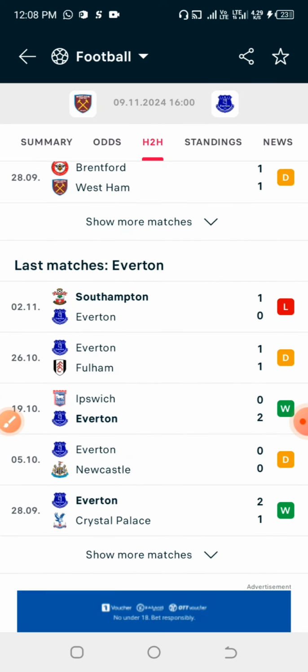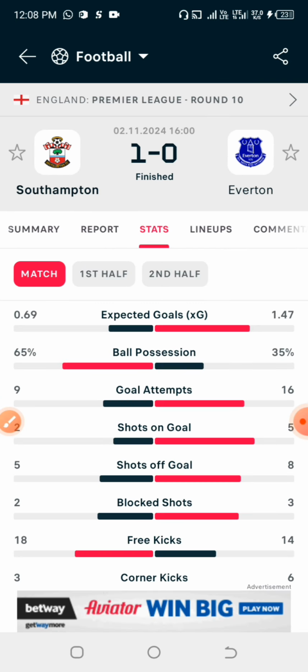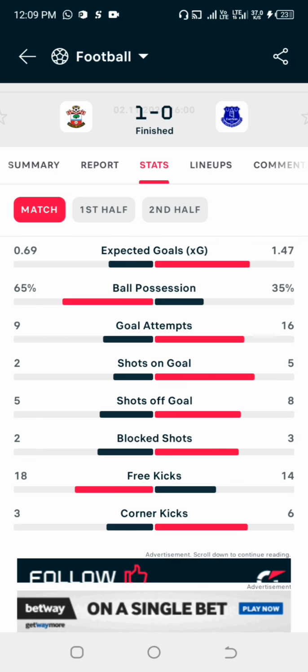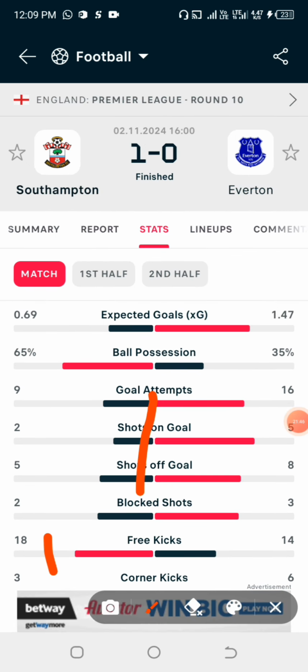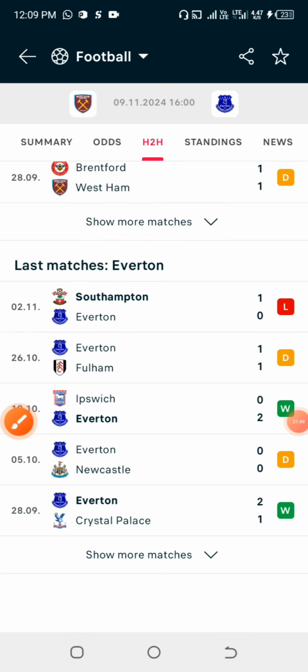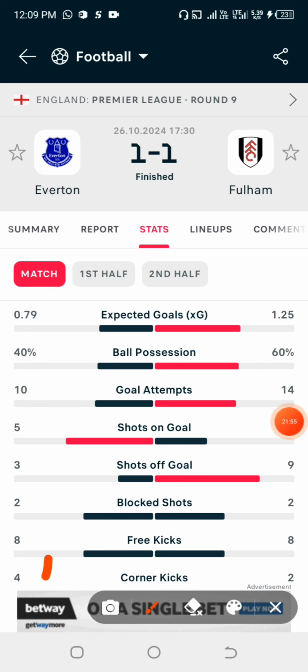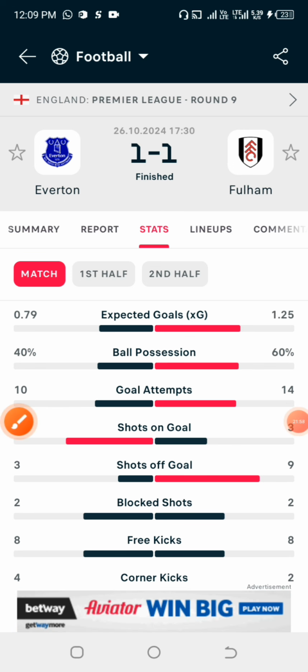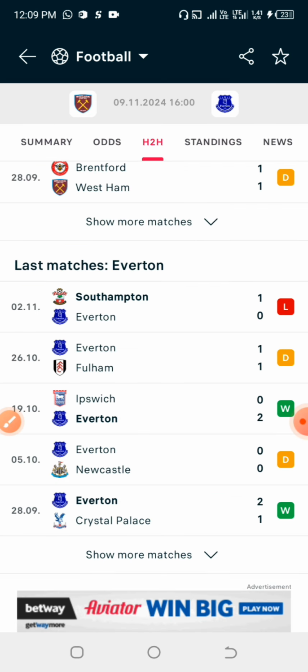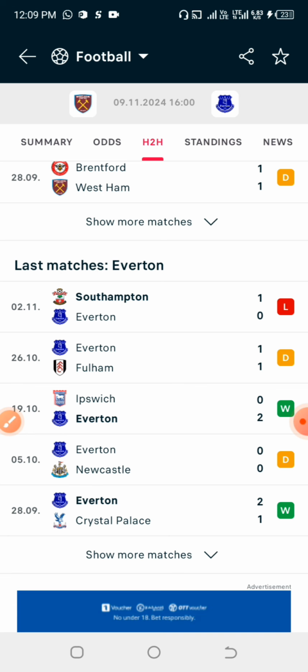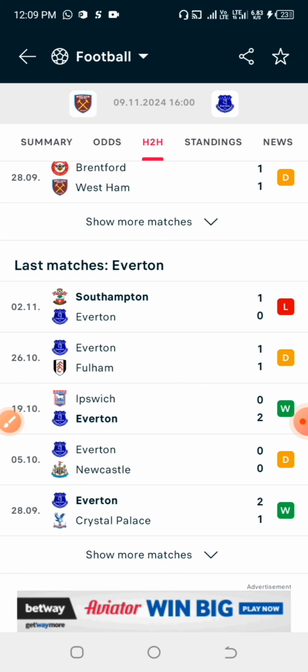And moving on to the away team, which happens to be Everton. The last match they had against Southampton, they had 9 corners in total, three for the home team and 6 for the away team, and that is 9. And checking the next game that they had against Fulham, okay, they had just 6 total corners. So adding 6 and 9 together, that is 15. So for the home team, we can see that West Ham in the last 2 games had 26 corners against other teams. And for the away team, Everton, in the last 2 games against other teams, they had 15 corners. So the total number of corners that these teams had against other teams happens to be 41.